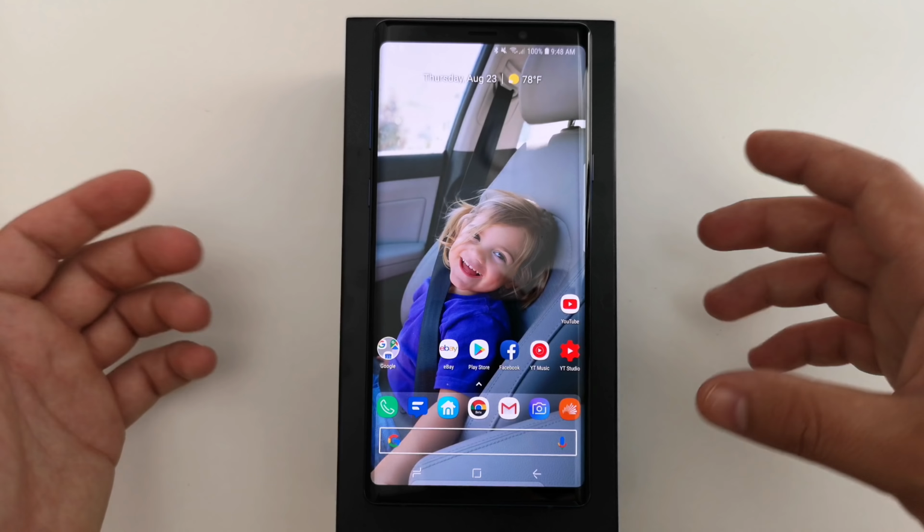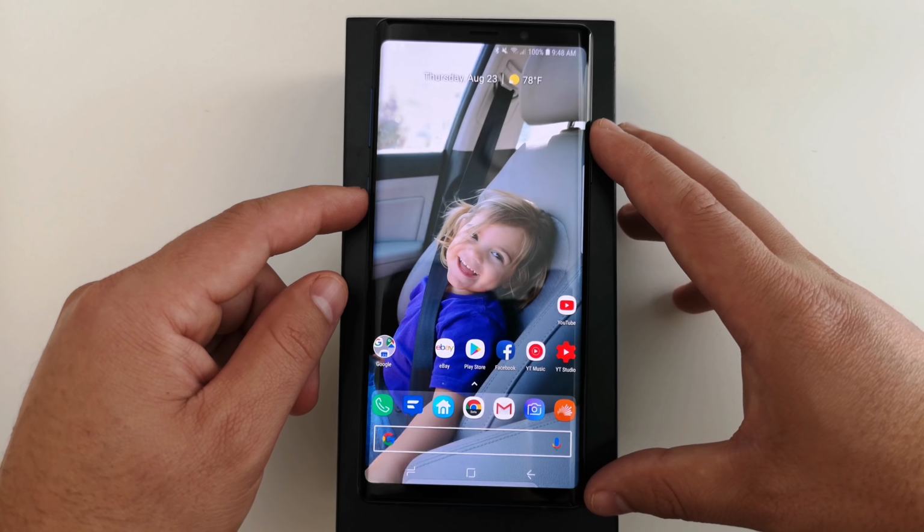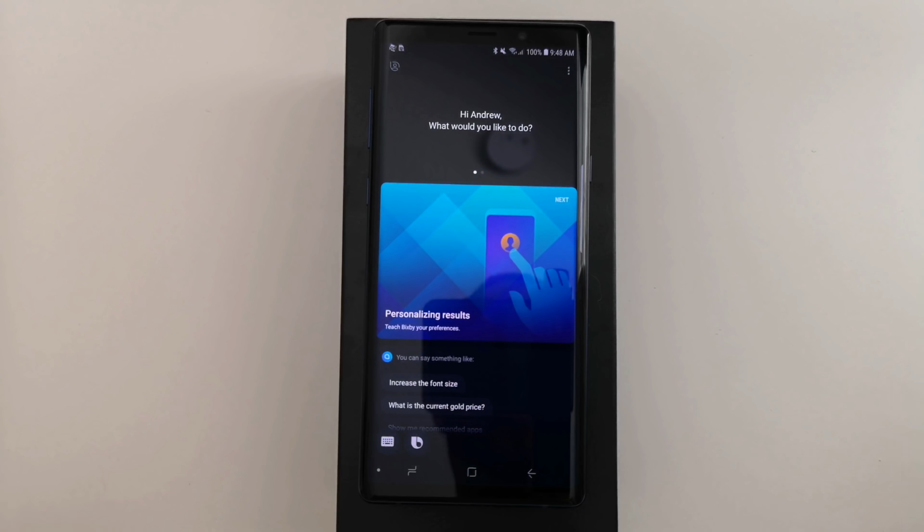Right off the bat, if you didn't know, this is your Bixby button, as I stated in the introduction. Once you press it, it will automatically load Bixby, or you can say the command word, Hi Bixby, and it will activate that way as well. As you can see right off the bat, the whole user interface does look a little different. It is a little cleaner than it used to be, and I do personally like it. You have a little sliding screen right here, a little carousel, and you can actually scroll up, and it tells you,